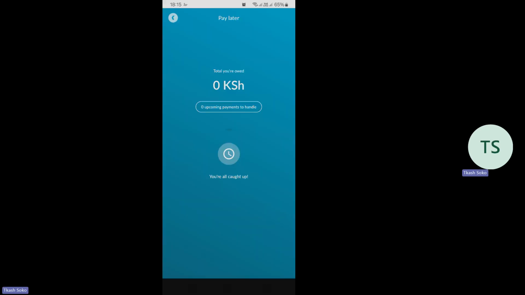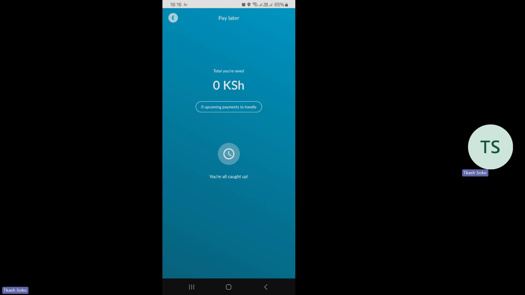So what have we learned in this session? We have learned that the Tcash Soko app is coming to us with a bundle of advantages. One of them is it is coming to remove the black books for the credit and pay later activities we have had in our shops away and replacing this with an online data file on the Tcash Soko app that keeps the record for all my debts.